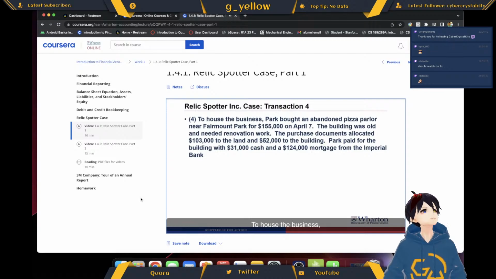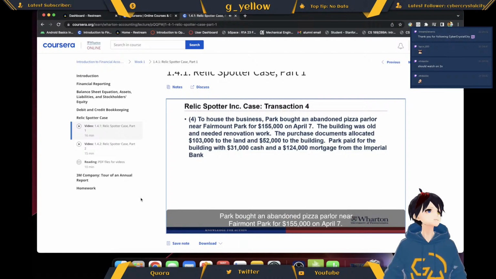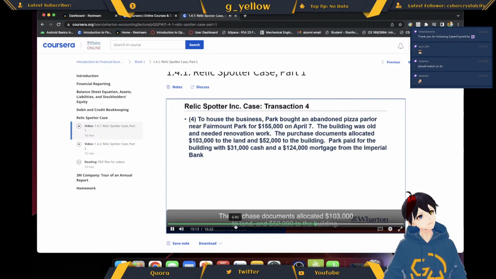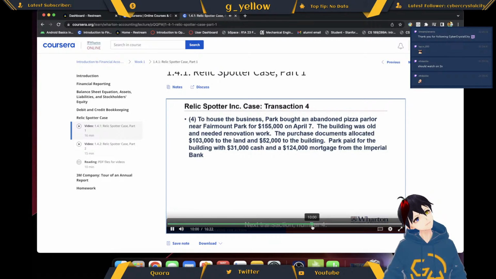To house the business, Park bought an abandoned pizza parlor near Fairmount Park for $155,000 on April 7th. The building was old and needed renovation work. The purchase documents allocated $103,000 to land and $52,000 to the building. Park paid for